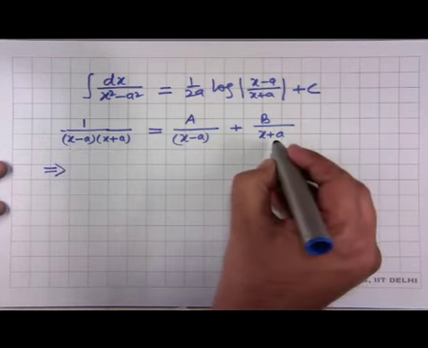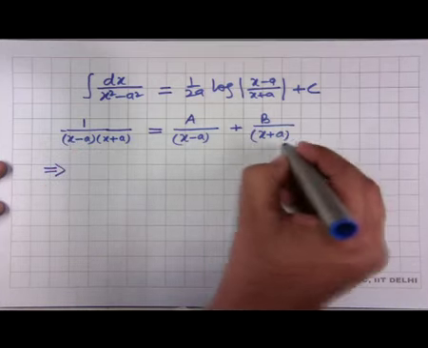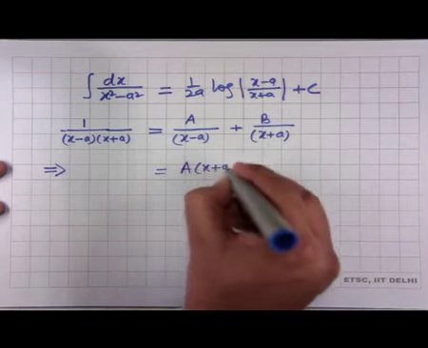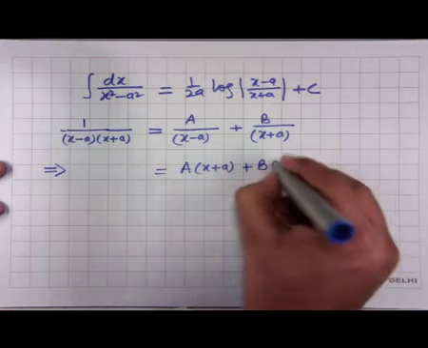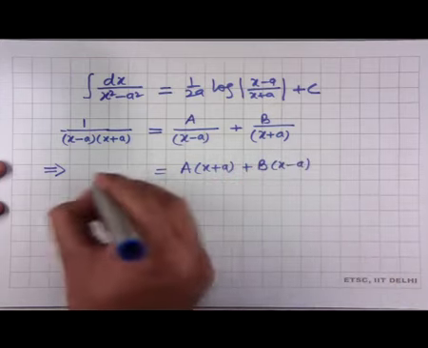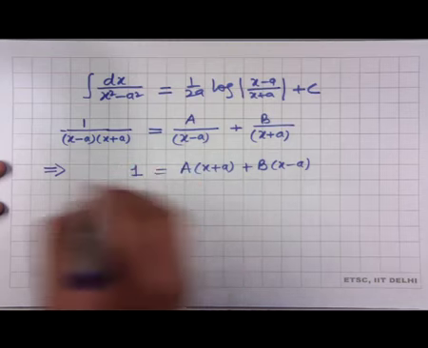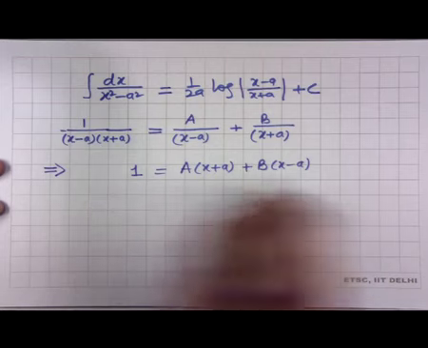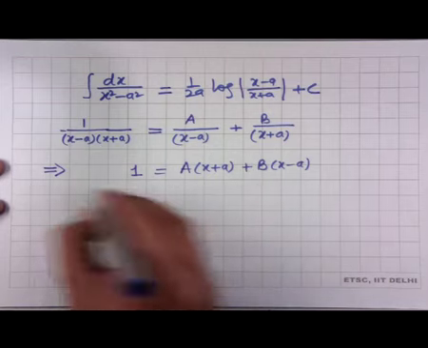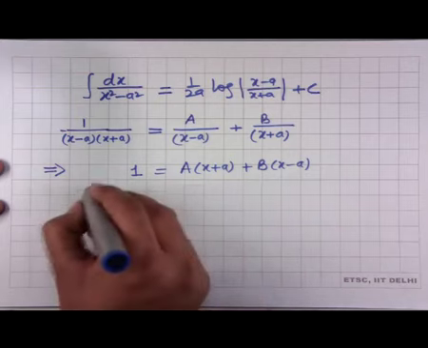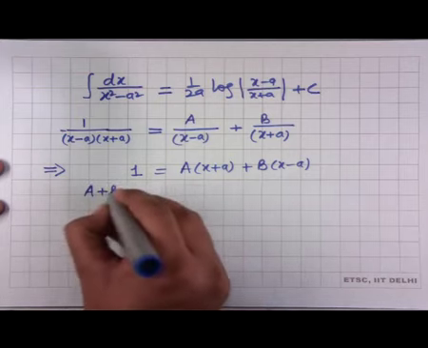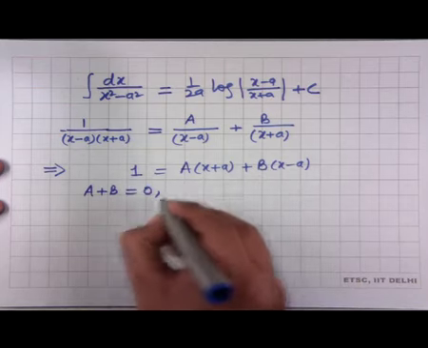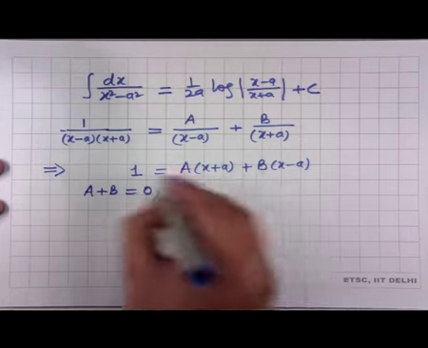Taking (x - a)(x + a) as LCM here on the right hand side, what you get on the right hand side is A times (x + a) plus B times (x - a), and on the left hand side you will get 1 because (x - a)(x + a) is cancelled throughout. So, you compare the coefficients, again being the polynomial, of both the sides. So, what you should get is A plus B, the coefficient of x on the right hand side, and there is nothing on the left hand side, therefore, A plus B equals 0, and here